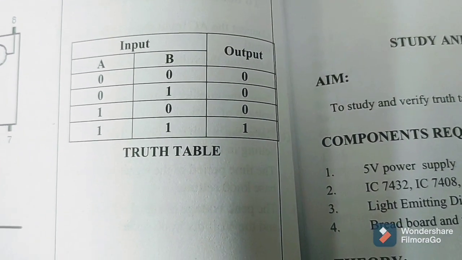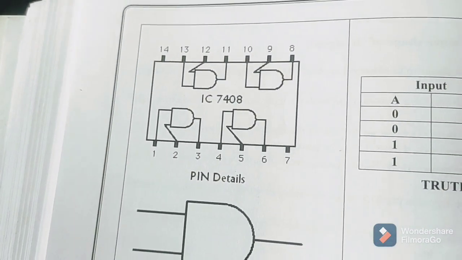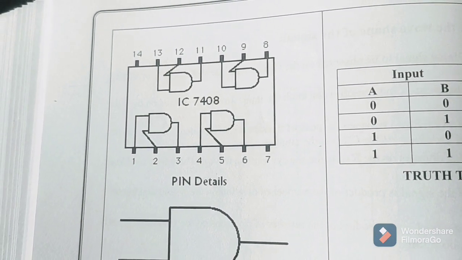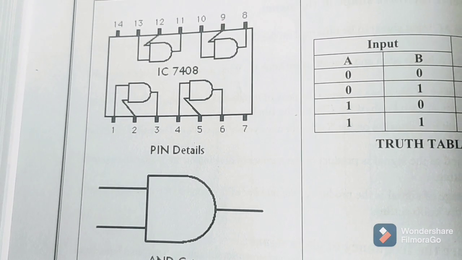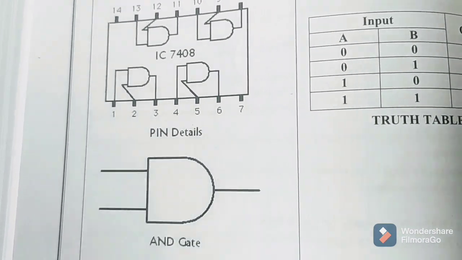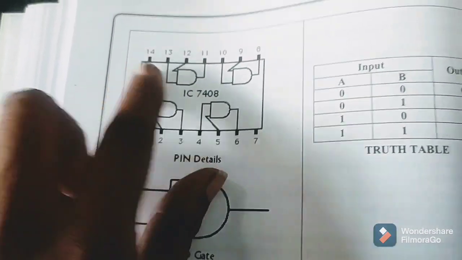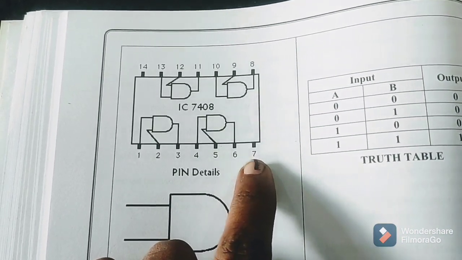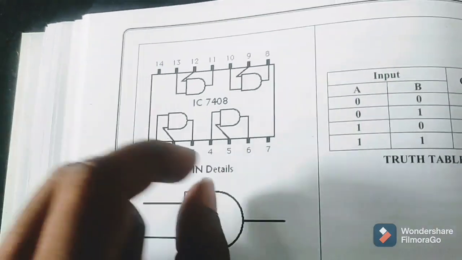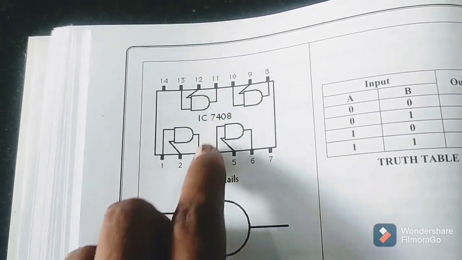Now we need to check on which IC we have this AND gate. This AND gate is present in IC 7408. Inside that integrated circuit, we have 4 AND gates. We all know that for the 14th pin we need to give 5 volts, and for the 7th pin we need to give ground voltage. Only for that, these 2 terminals are left open. But the remaining pins can be occupied by the 4 logic gates.